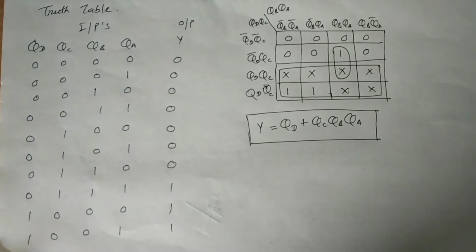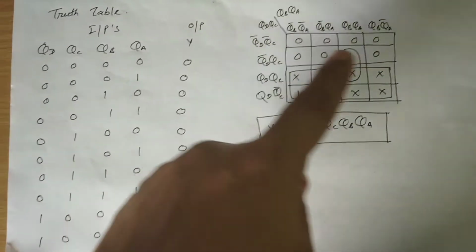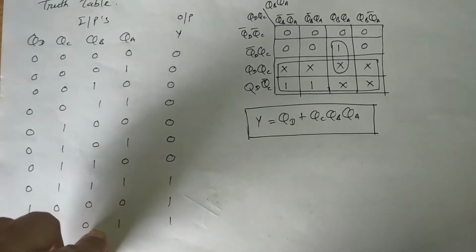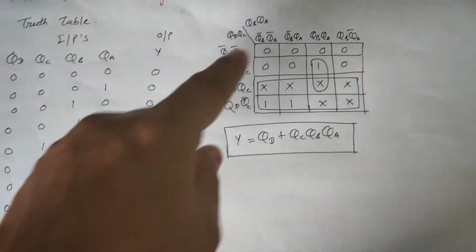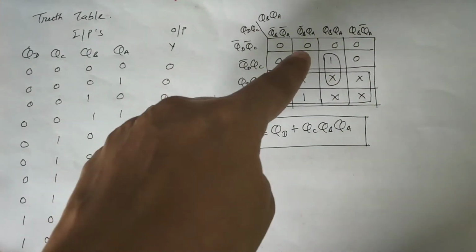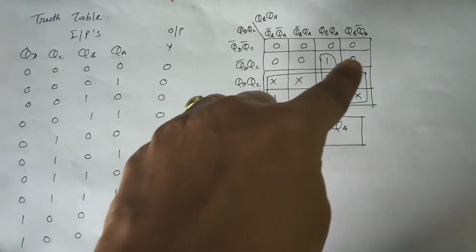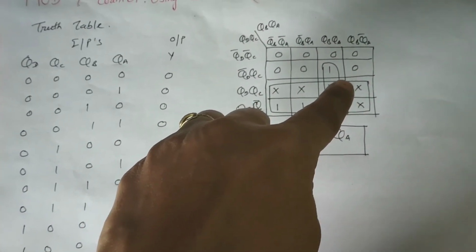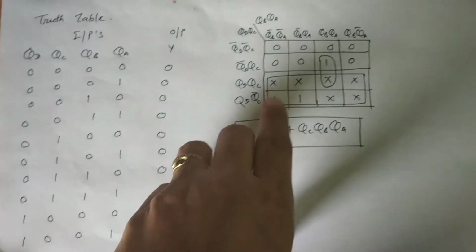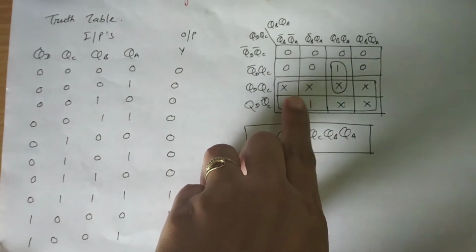But after that we have to draw the K-map for output Y, that is the reset logic. So I have drawn the K-map here. You can see that the K-map is drawn for 16 cells, and I have only 10 states in this truth table. So what I have done is written the outputs for states 0 to 9 in the 10 boxes, that is 0, 1, 3, 2, 4, 5, 6, right? Then the output for state 7 is 1, state 8 is 1, and state 9 is 1. Other than that, for the remaining cells I have to write don't care, right?